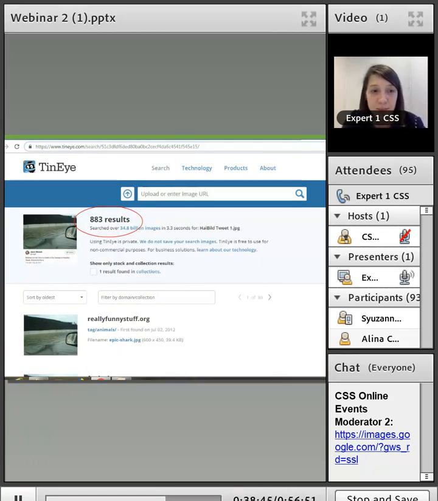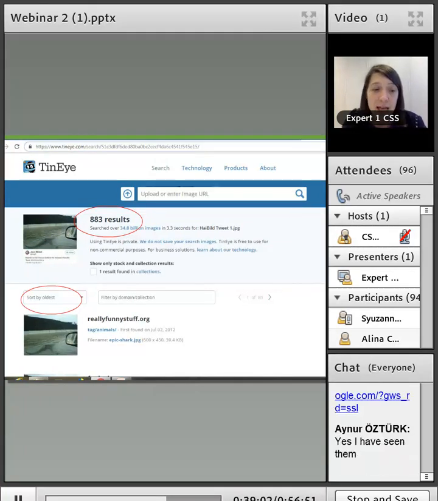So here you have the image of the shark. You just enter the URL here in the search bar, and you get 800 results. And then in a very easy way again with your students, you can do it online. You search the oldest appearance of the image. You'll get funny results, like the